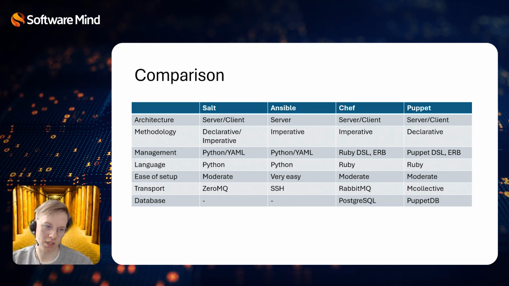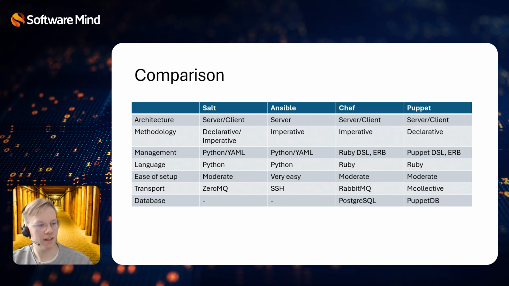Next, what's cool about Salt, it uses Python and YAML, not like Chef or Puppet, with Ruby or the Puppet DSL or ERB. So it's really easy for newcomers to learn this tool, mainly because Salt uses Python. So as you can see, for Chef or Puppet, developing some new features or modules could be a little bit harder because you need to know Ruby, which is not so popular a language as Python,